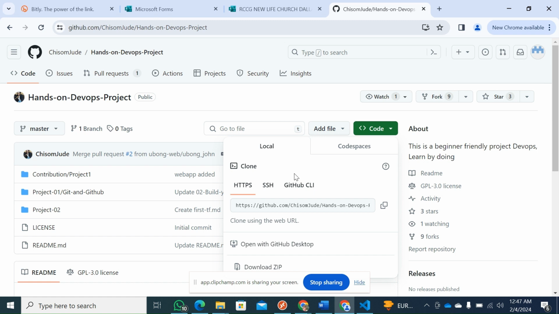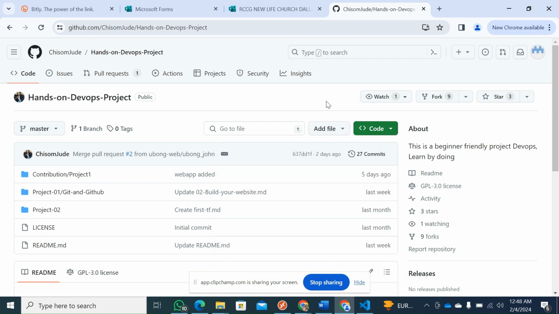I'm going to be working on this project. I'm logged into a different account and I searched for the project I want to work on. The project I'm on currently is the hands-on project from Chisom Jude. And as you can see, this is a different account and I'm currently here. So what I want to do is to clone this project to my PC,